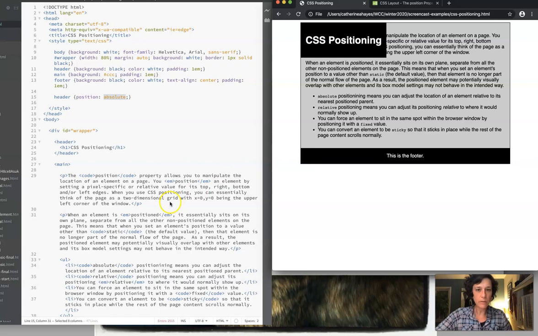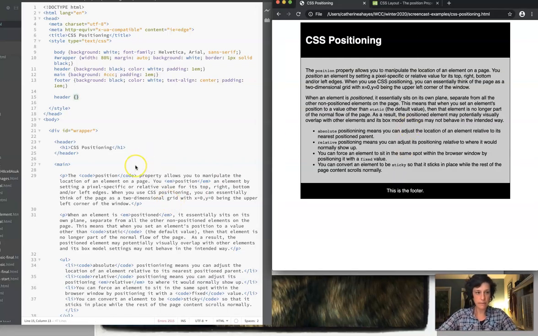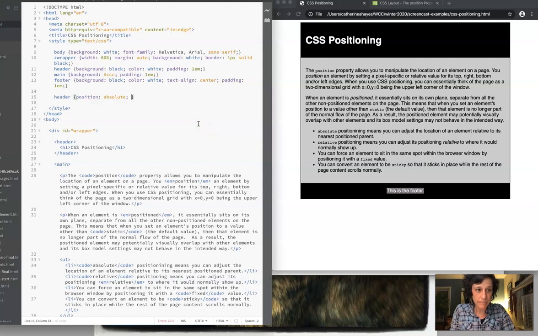The normal flow of the document, if I go back here and look at my HTML, is header, and then main, and then footer. When we go over here, we have the header, and then main, and then the footer. So that's the normal flow of our document. You have one block level, another block level, another block level. We're not using floating or anything, so they just all start on their own separate rows. When you position an element,